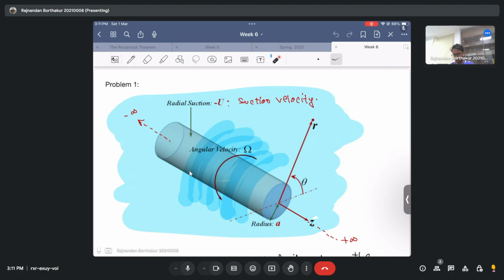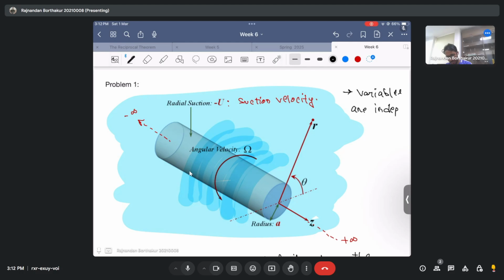The other underlying assumptions are that we consider the length of the cylinder to be infinitely large in the z direction, that is along the axial length, meaning that all the variables will be independent of z. It's the same as the fully developed solution that we saw. Also, it's an axisymmetric problem, because nothing varies along the theta direction since the cylinder rotates with a constant angular velocity. So we will use two important assumptions in simplifying this analysis. The first is a consequence of the cylinder being infinitely large, meaning that my variables are